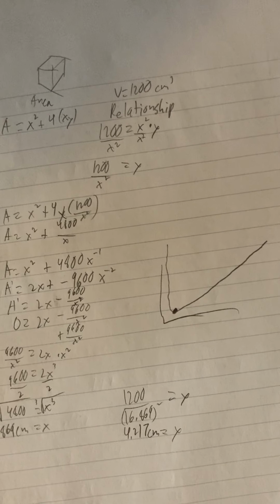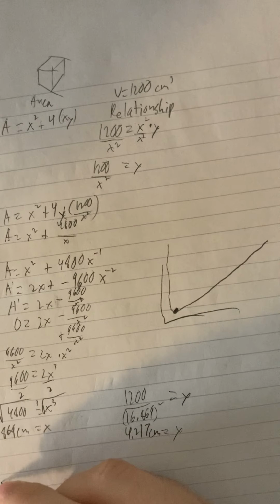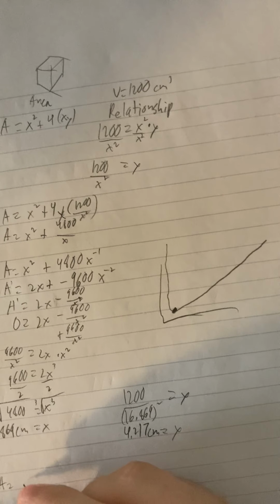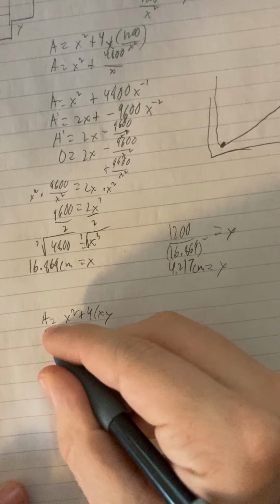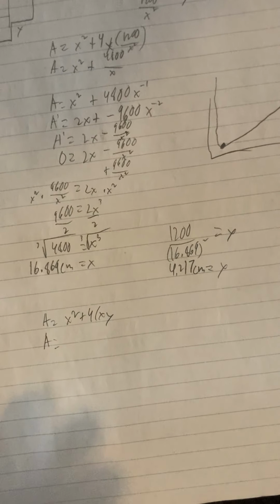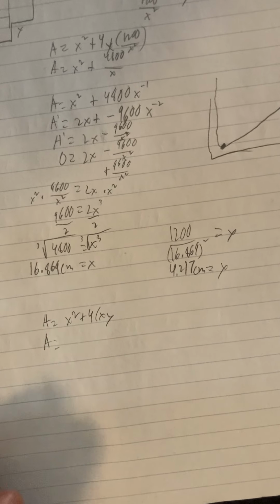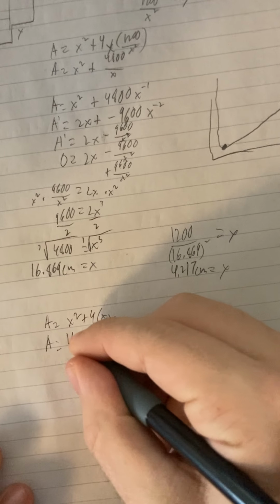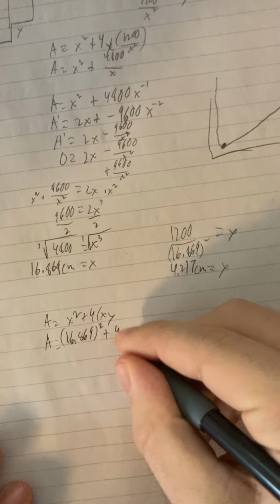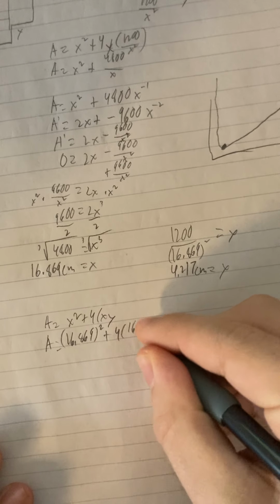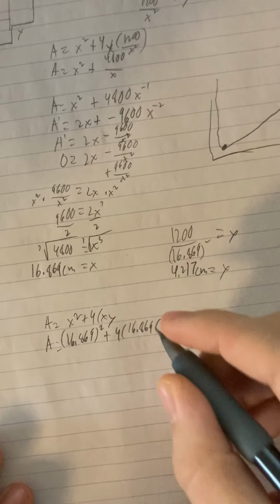So the total material would be, we're going to plug these 2 back in to this equation. Oh, sorry, I'm a little low. So that would be A equals 16.869 squared plus 4 times 16.869 times,